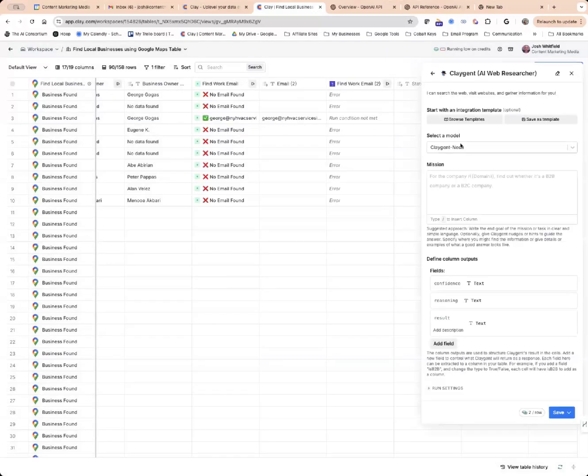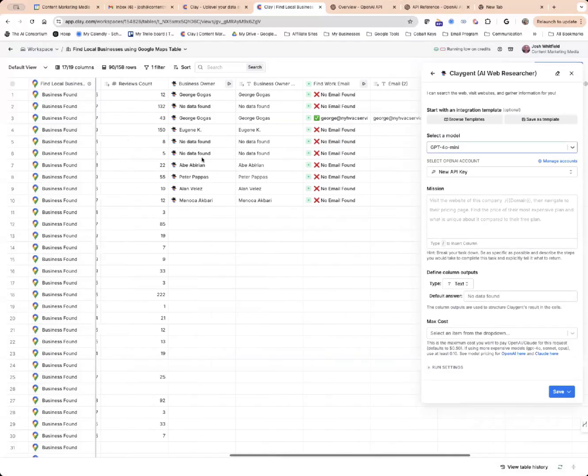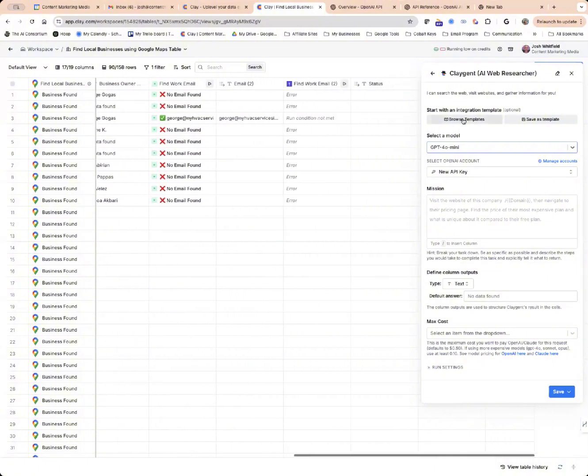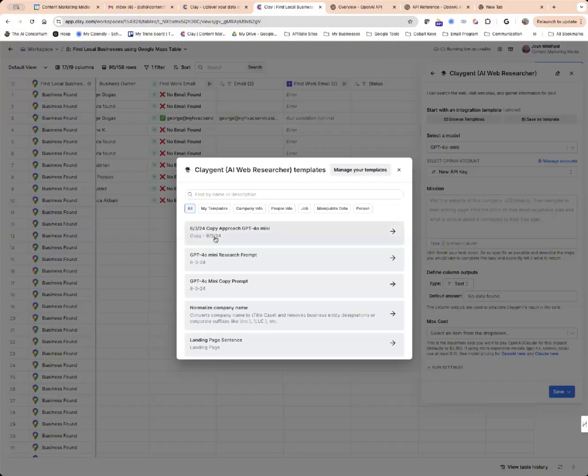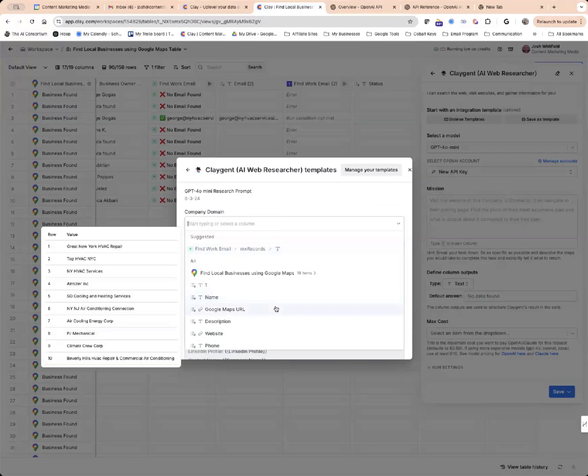Click here. We're going to do mini again, just like we did on the Find Business Owner. I have a template written already. And the nice thing is, if you don't know this, you can save these prompts as templates, and then you don't have to do it for every table you build. You just keep them saved. Okay, I have a mini template here,